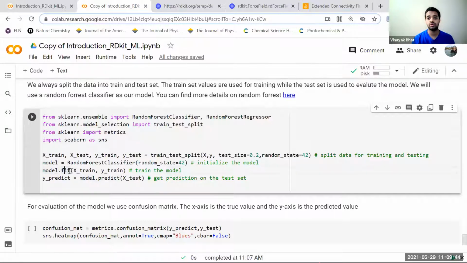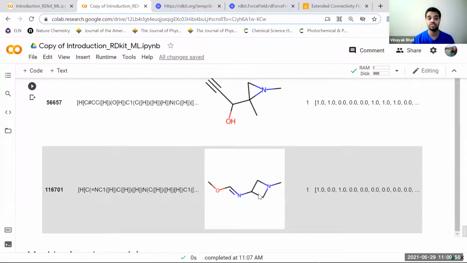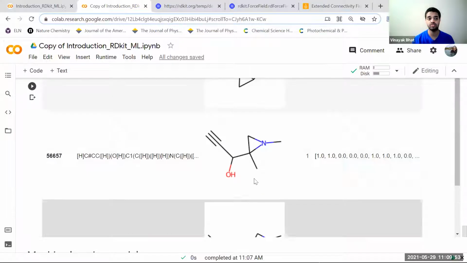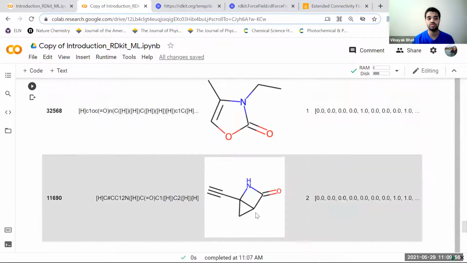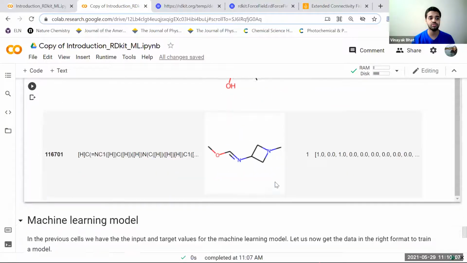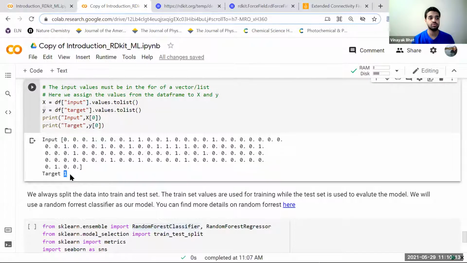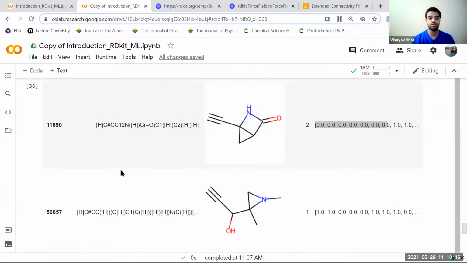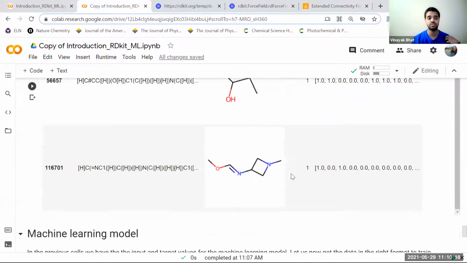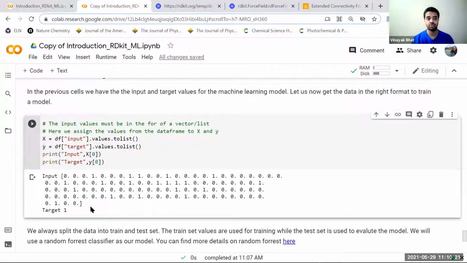What are we going to predict again? The prediction is trying to predict the number of wings in the system. So this molecule has one wing, this molecule has one wing, this molecule has one, this molecule has two. So the prediction is how many wings you have in the system given this representation that we have created right now. It'll look something like this. These are your X values, and this is your target value. The target in this is one wing. The first one that we saw had one wing. So that is what we are trying to do: find how many wings there are given this representation.